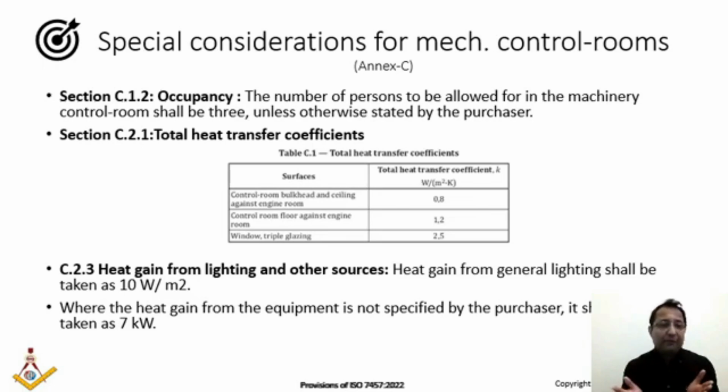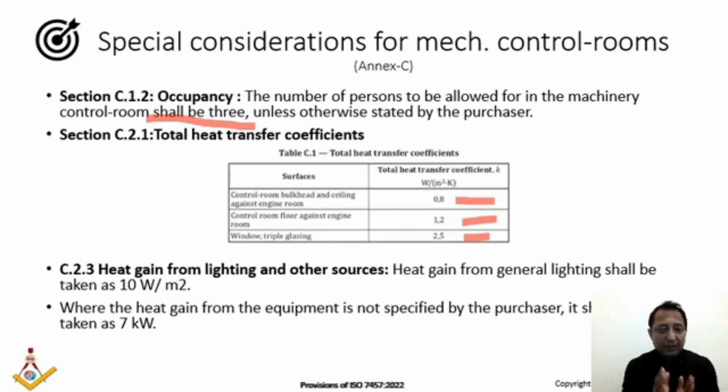The U values for the control room bulkheads and ceiling against the engine room should be taken as 0.8. Then the control room floor against the engine room is 1.2. Then for windows, triple glazing, the value to consider is 2.5. So these are the values you can consider while calculating the heat load. Then section